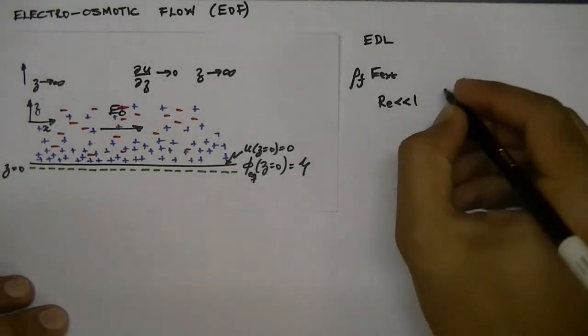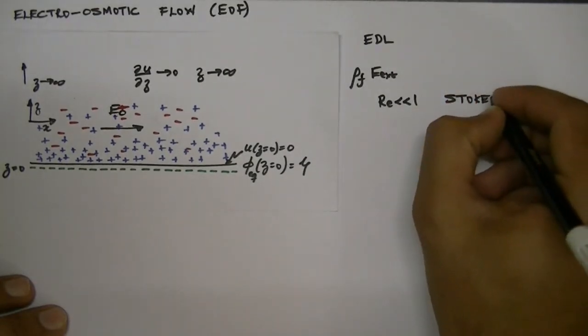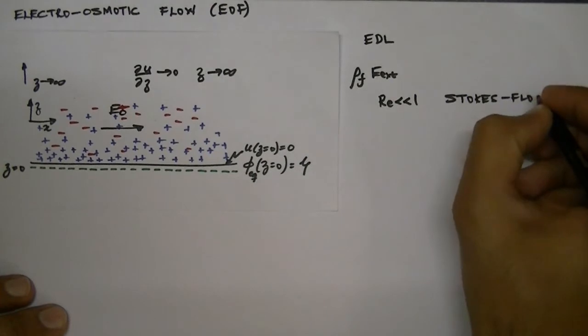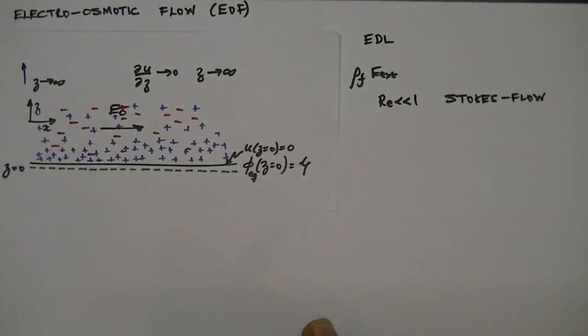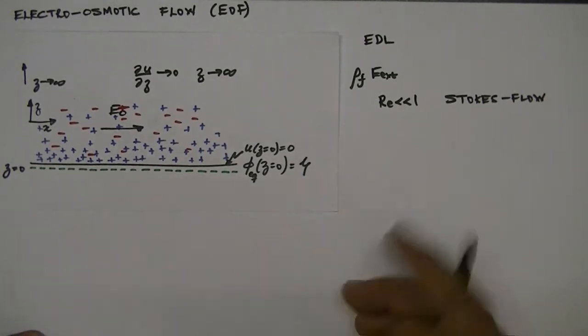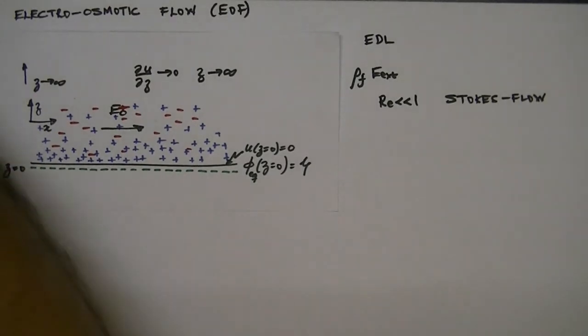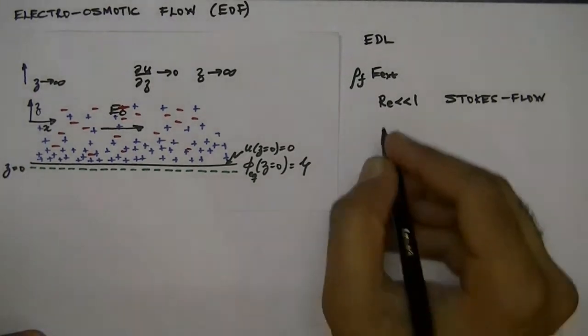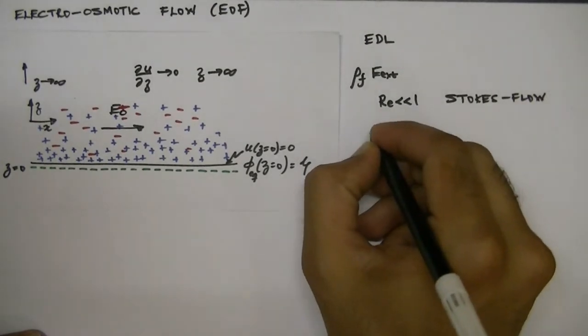That is, we are working in the Stokes flow regime. And this is a reasonable assumption. Once we calculate the typical velocities in electroosmotic flow, we'll see that Stokes flow is a reasonable assumption for electroosmotic flow in microchannels. So for Stokes flow, the governing equation is